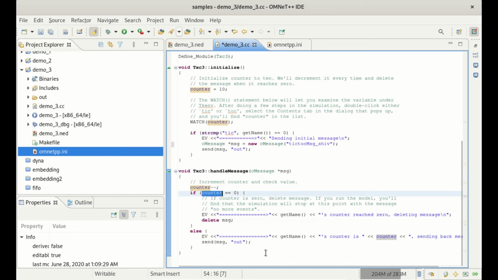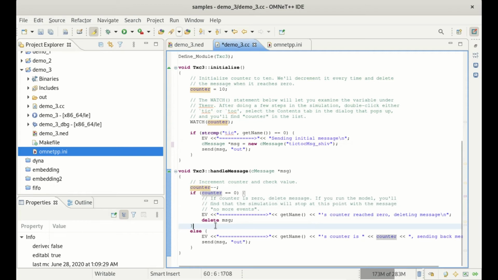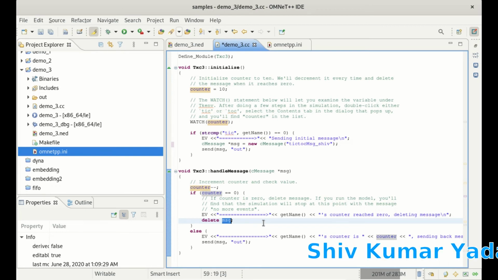If the counter is 0, then we are deleting the message. So when the message is deleted, the simulation will stop. Actually this is the stop condition of the simulation, because if a message is deleted, then there will be no message to send from one module to another module, that is from tick to talk or talk to tick. So the simulation will automatically stop here.